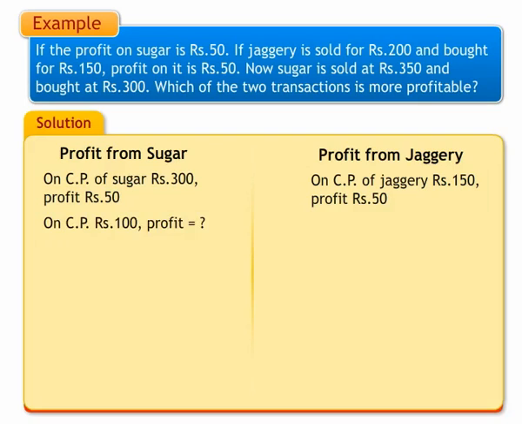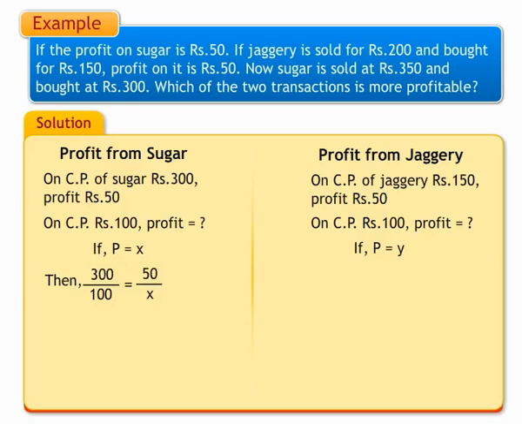Suppose cost of sugar is 100, then what is the profit? Let us assume profit is X. Suppose cost of jaggery is 100, what is the profit? Let us assume profit is Y. Then for sugar, we get 300 upon 100 is equal to 50 upon X. Therefore, X is equal to 100 into 50 divided by 300. Therefore, X is equal to 16.67. Therefore, profit percent is